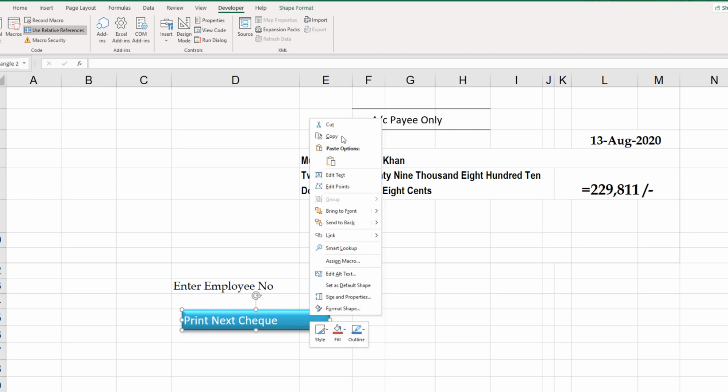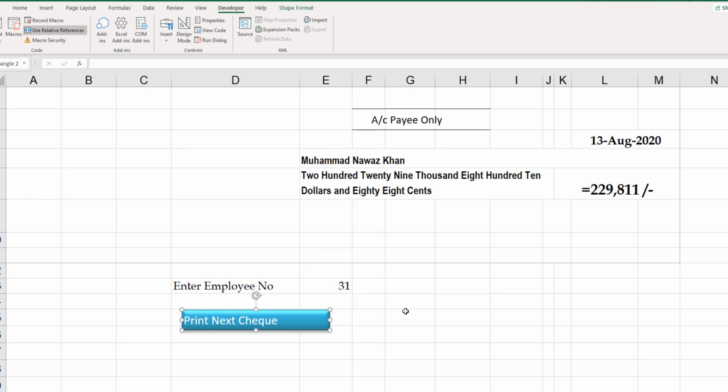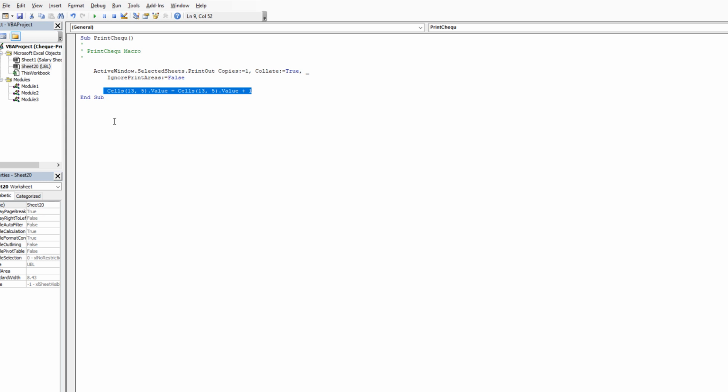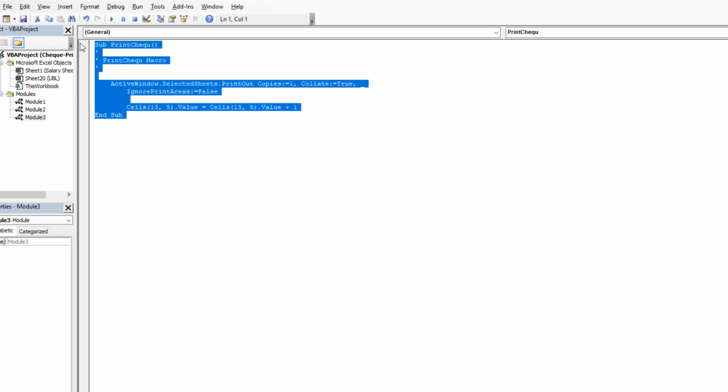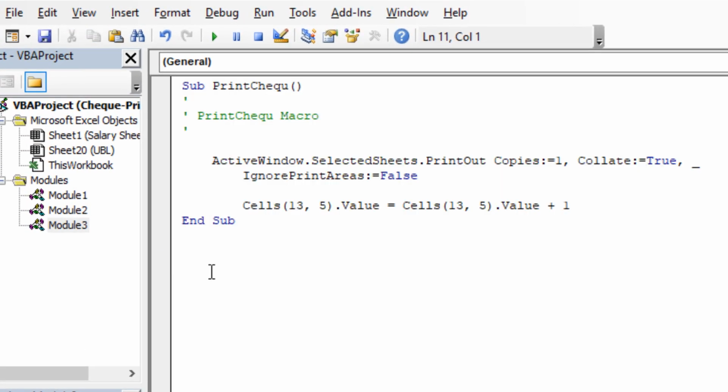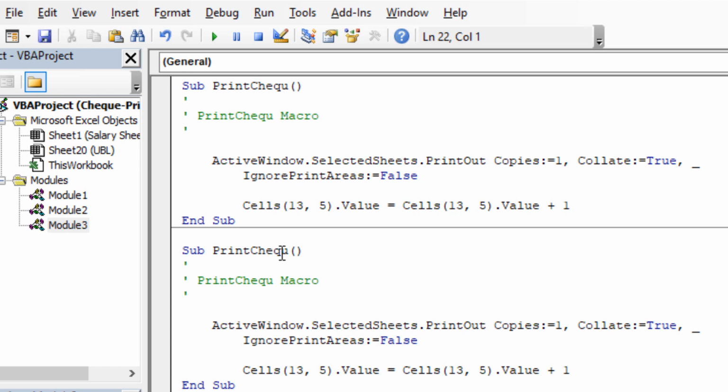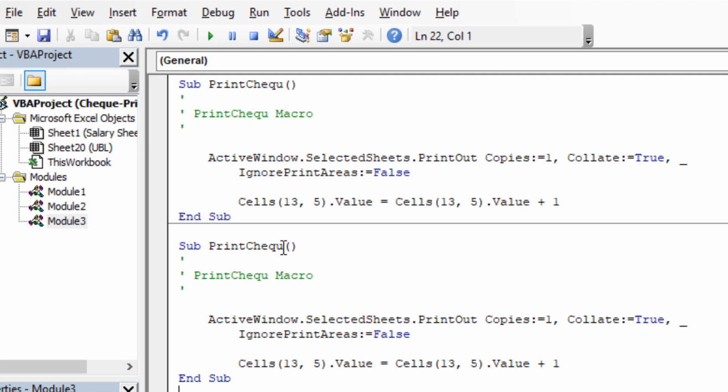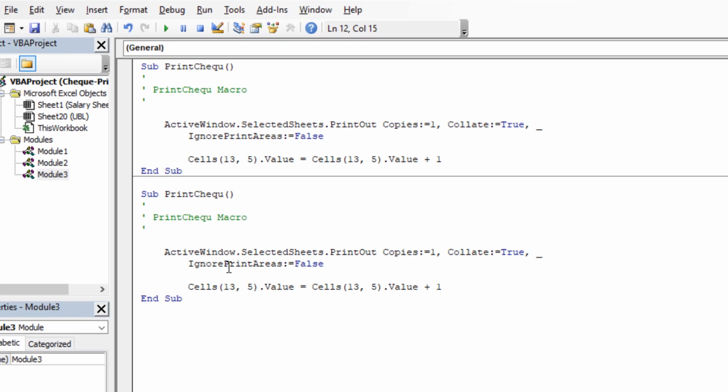And if you want to, let's create another button and give it a name of print 5 checks at the same time. So Alt F11, and I copy this whole code, copy and paste, and I give this print check.